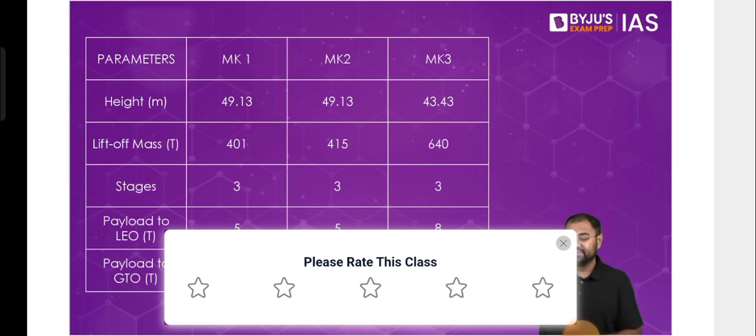So that's why I was telling you that Mark 3, the scientists at ISRO do not call it GSLV Mark 3 anymore. They call it Launch Vehicle Mark 3, because there is a significant departure from what was happening with Mark 1 and Mark 2. Also, with regards to the success rate, between 2001 and 2010, the success rate of GSLV was very poor. Almost more than 50% of all the launches that we did between 2001 and 2011 failed.